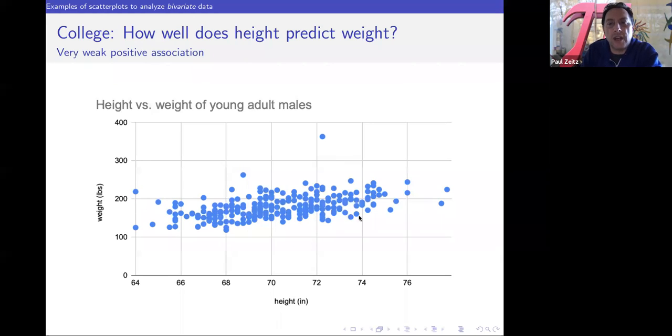So if you said a 6'2" person weighs 400 pounds, that's outrageously bad, and you should get an outrageous punishment. So the question, though, is what's the best guess that will minimize your punishment? I'm sorry to have this sort of painful approach to this, but if you don't like punishment, you could say, okay, you get paid in chocolate chip cookies. What's the guess that gives you the minimum amount of chocolate chip cookies? Okay, it's the same idea.